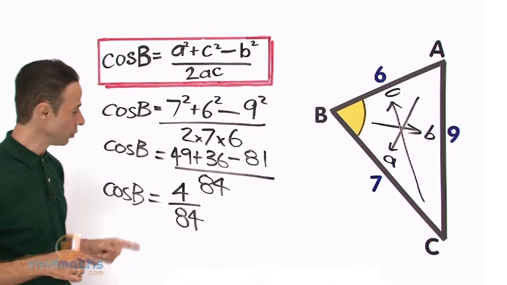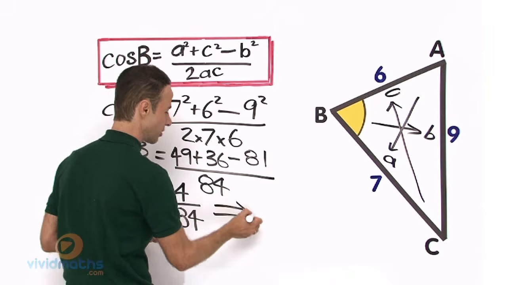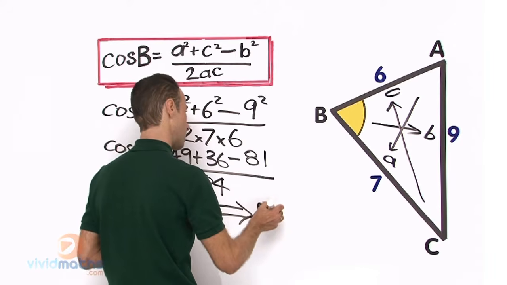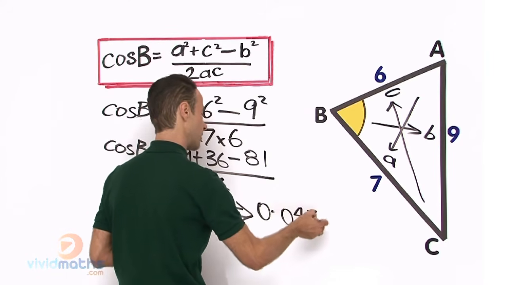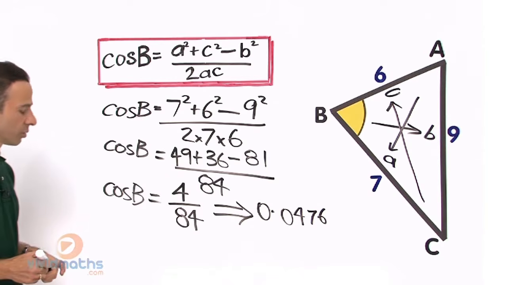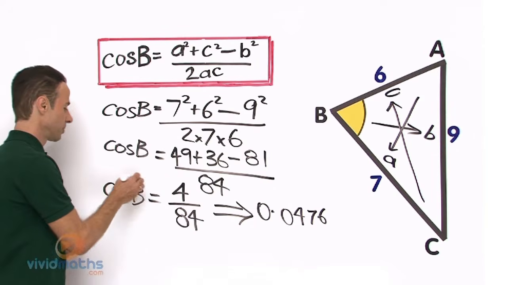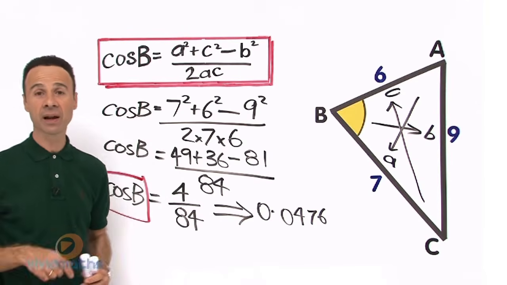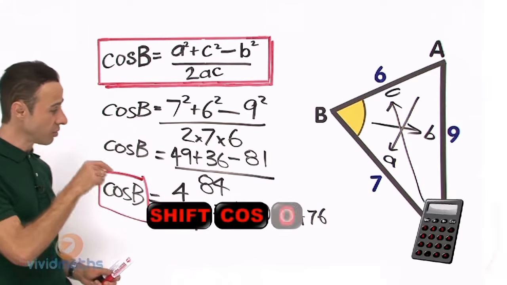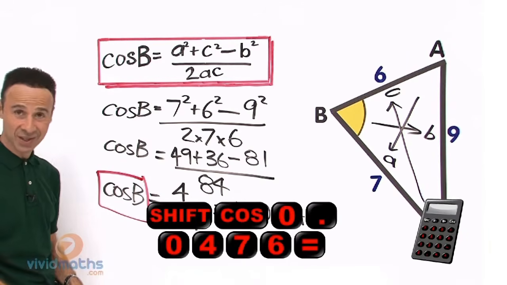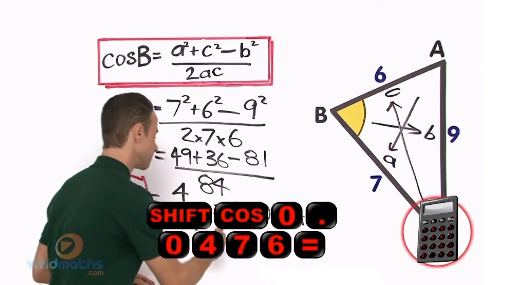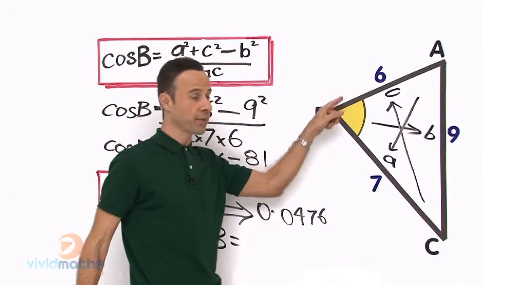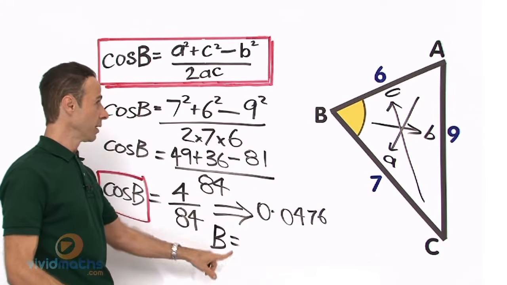4 divided by 84 will give us a decimal. And 4 divided by 84 is 0.0476. Okay, now we're looking for cos B, specifically the B, and it's 0.0476. So let's go to the calculator and shift or second function, inverse cos, 0.0476, and that will give us an angle B, which equals, on the calculator, the angle right there, which is what we're looking for. Angle B equals